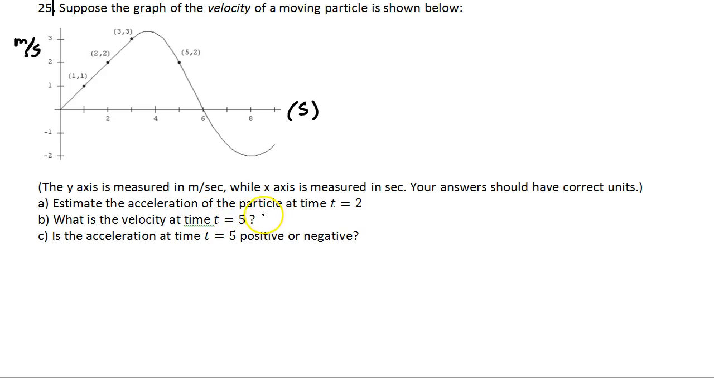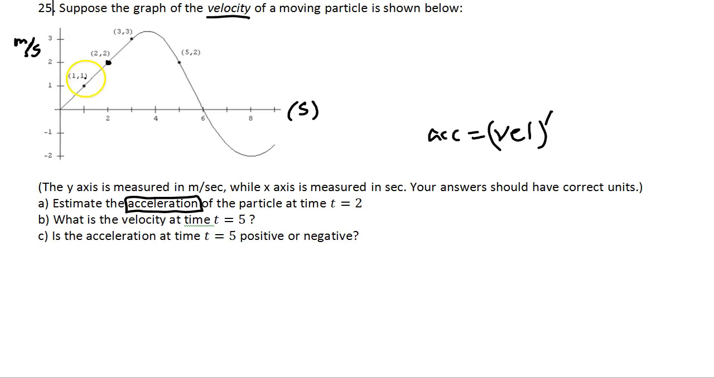Estimate the acceleration of the particle at time t equals 2. Okay. What is acceleration? What's the relationship between acceleration and the velocity? Well, acceleration is the rate of change of the velocity. In other words, acceleration is velocity's derivative. And since derivative means the slope, you should really look at the slope of the velocity, this velocity at time